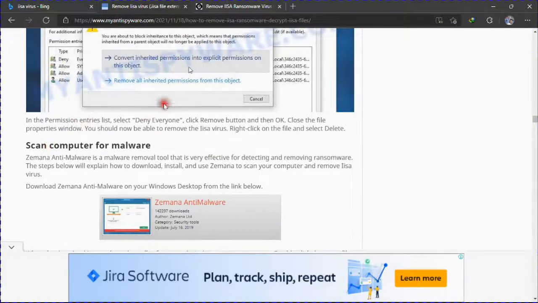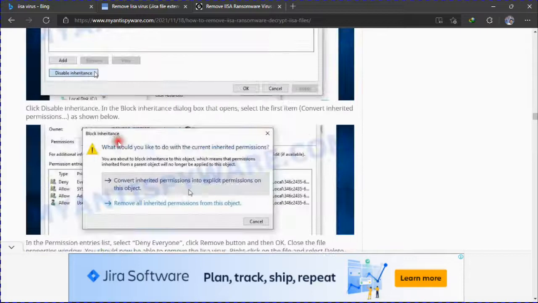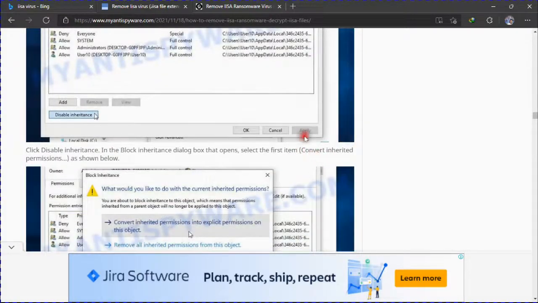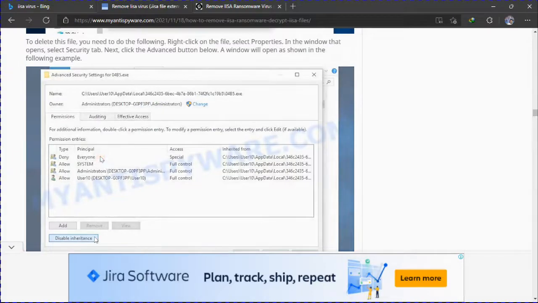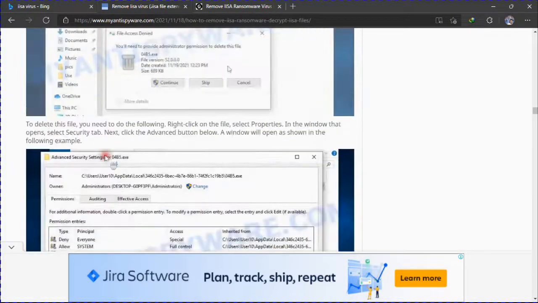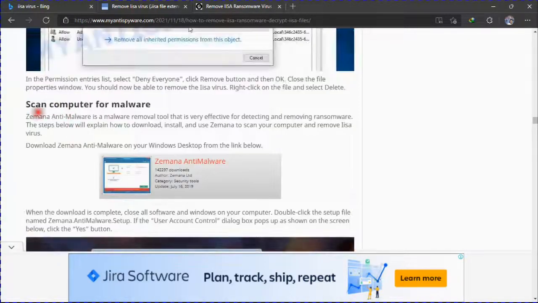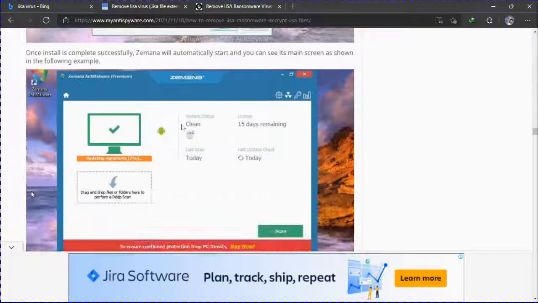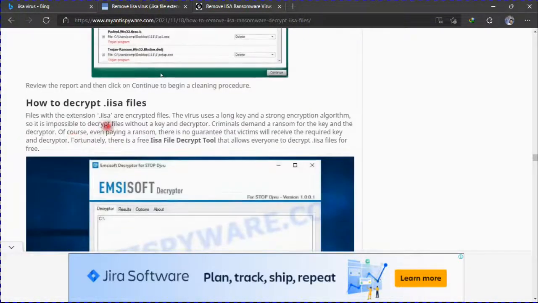And that's all. Okay, now after that, yes, I did it. Then install this antivirus and run it. Fine. Now how to decrypt the IS file?